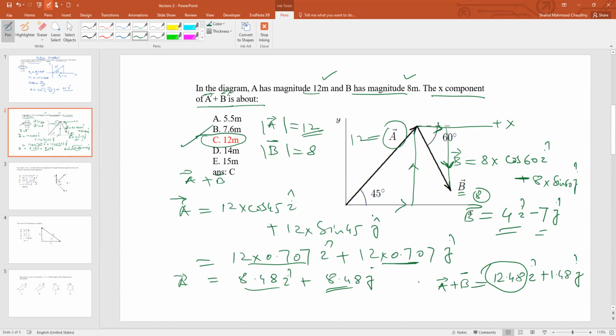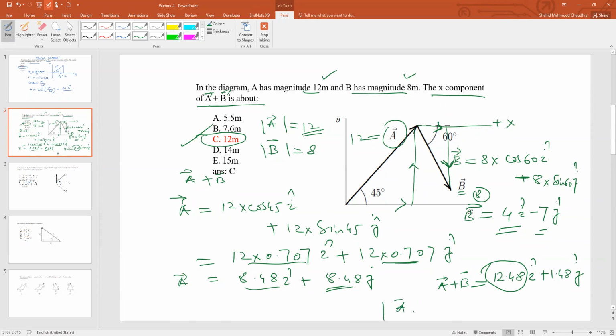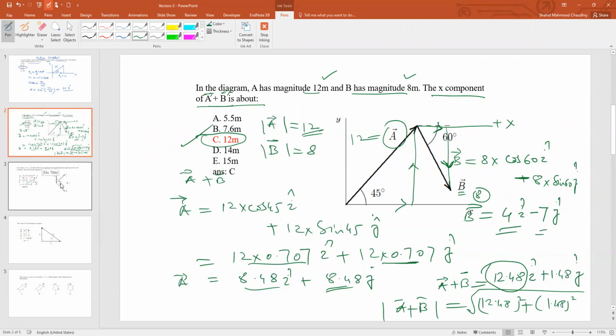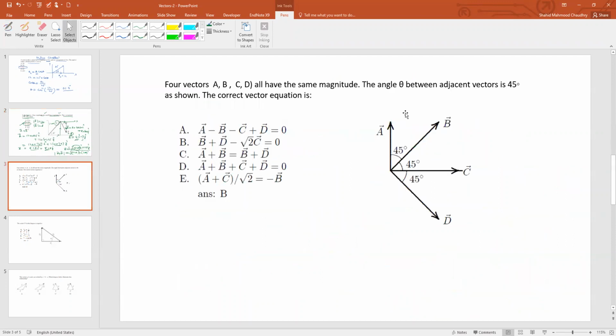If he is asking, find the magnitude of a plus b, so you will find the magnitude: square root of 12.48 squared plus 1.48 squared. So in this way you can solve it. Okay. After this,